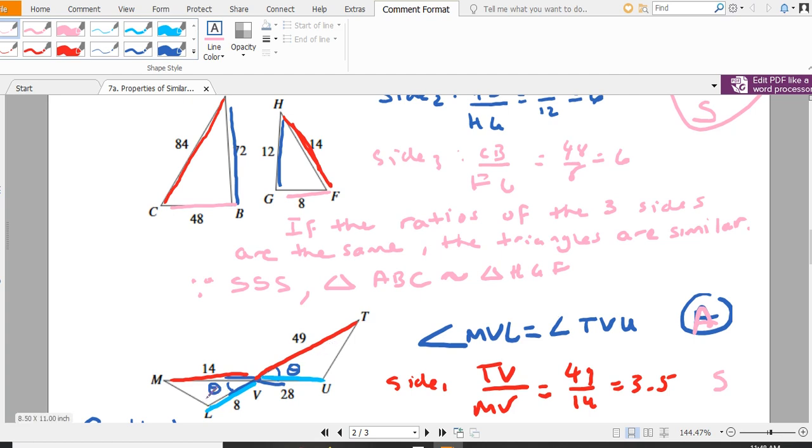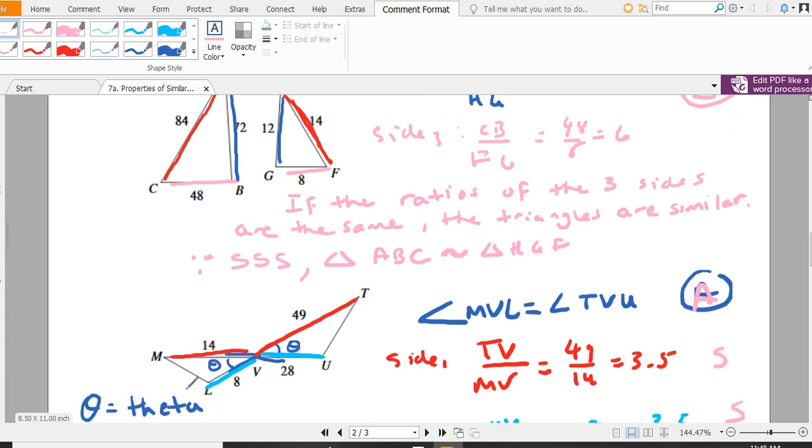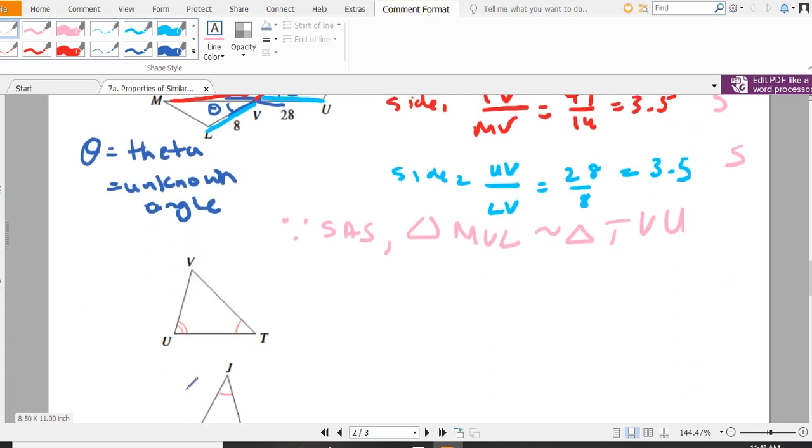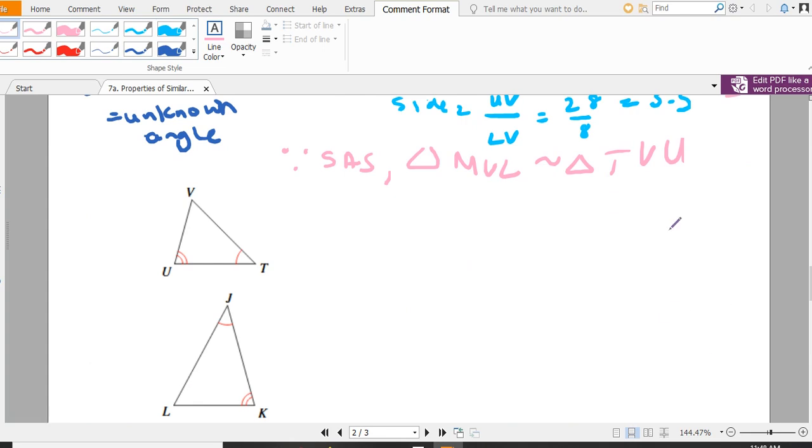And I can also assume that this angle will be the same as this angle. And the last condition is the easiest, and that is, we can see that angle T,